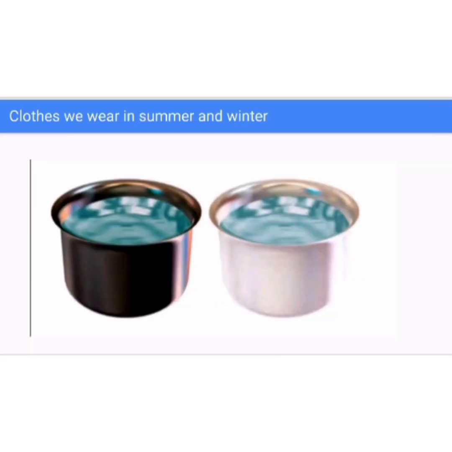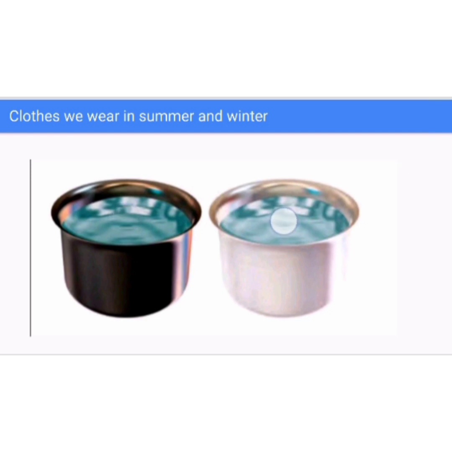In which can is the water warmer? Yes, in the black can. You can feel the difference even by touching the water in the 2 cans.